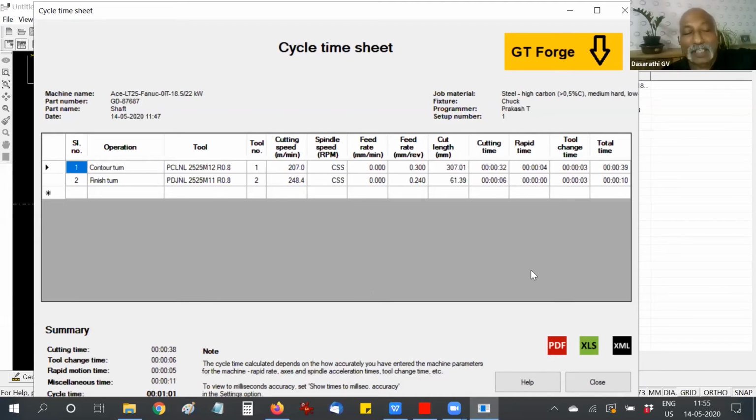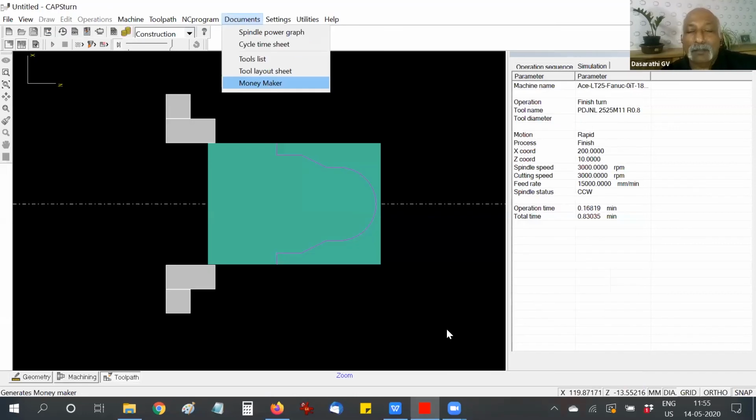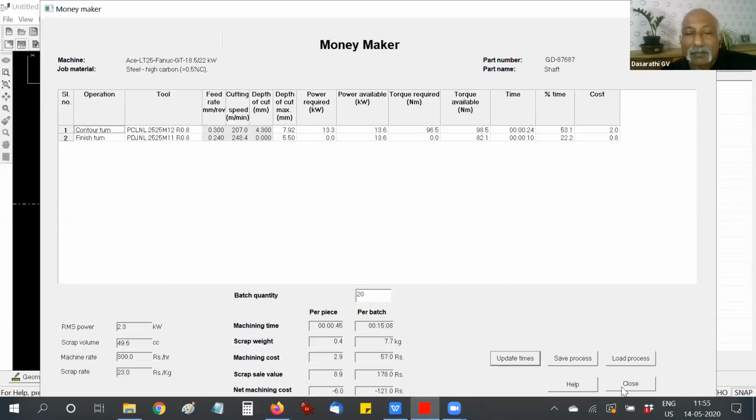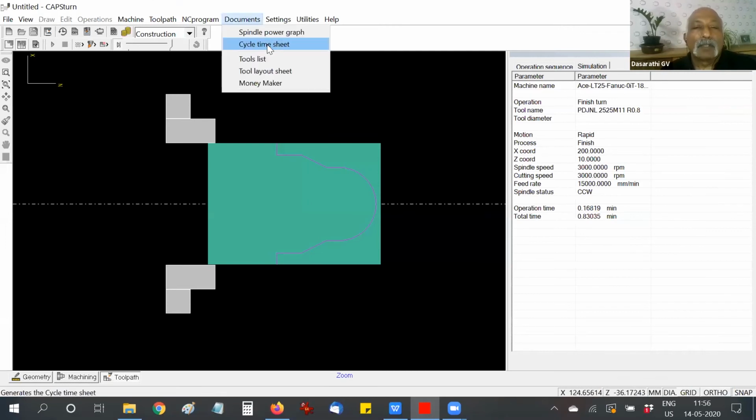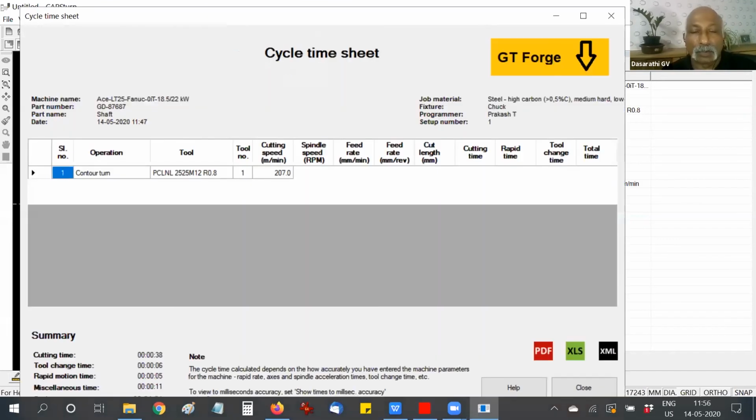We could have changed that, right? When I say close, you have the option of saving this or using it as it is. Now, if you save those modified parameters, it will reflect in the cycle time sheet also here.